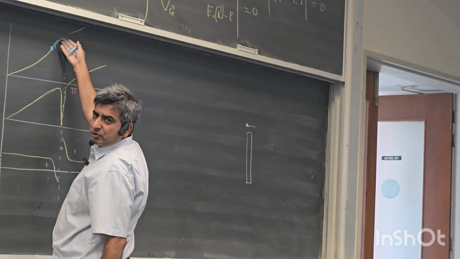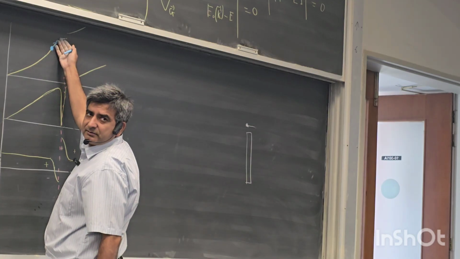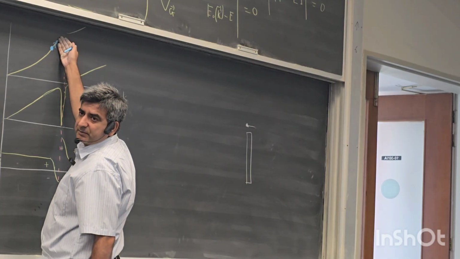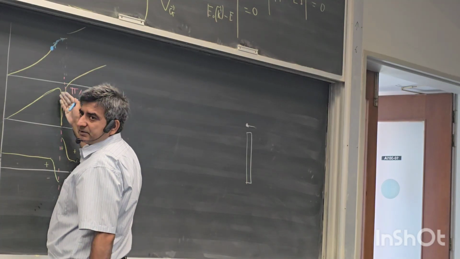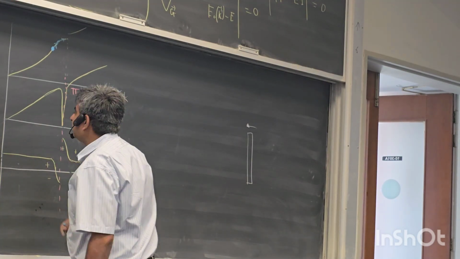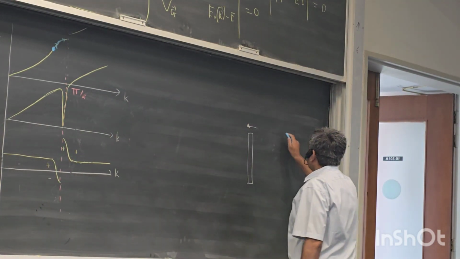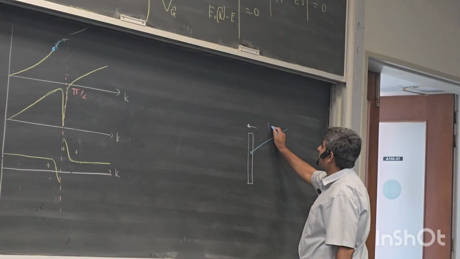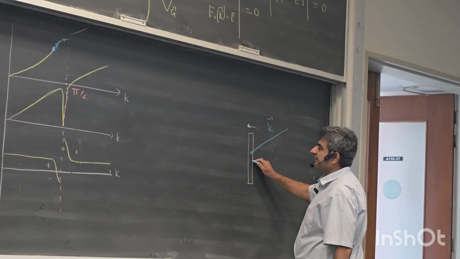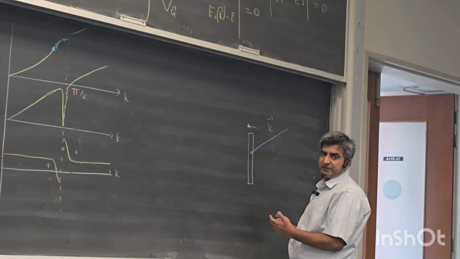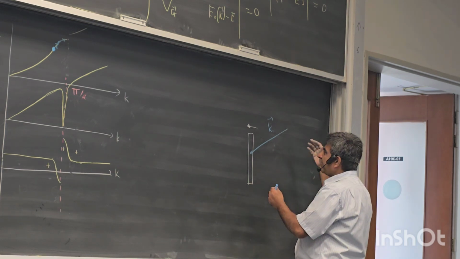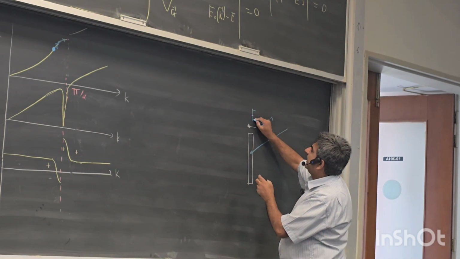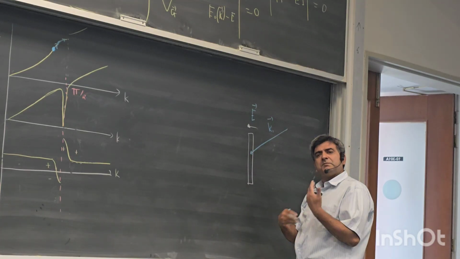It can move the electron up on this band if empty states are available. So when the electron reaches this zone boundary, its mass becomes negative. So what that means is that if you have a spray of electrons coming in, K1, inside this metal, and you keep on increasing the electric field, now what is happening to the electron inside this metal is, under the action of this electric field, it is accelerating like a normal